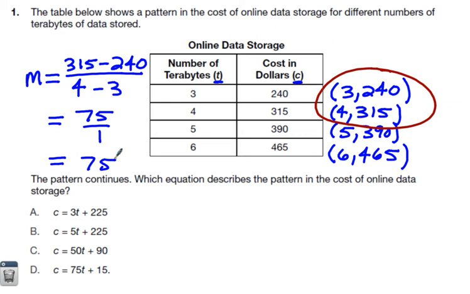Now, pausing right there, look at the choices, A versus B versus C versus D. These are very kind solutions because I already know the answer is D, because choice D has an m value of 75. It's mx plus b, but in this case it's t. So just don't get confused by the fact that your c is like your y and your t is like your x, but m is 75 and it's D. So I could be done right now, but